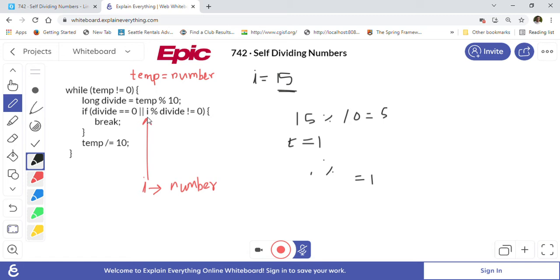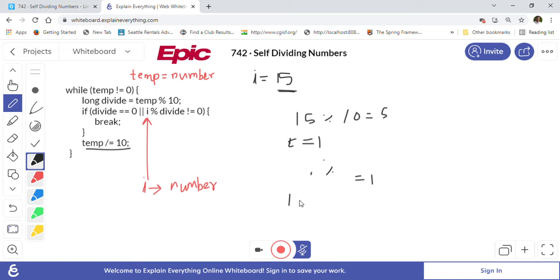So I mod digit, where I is 15, 15 mod 1 is equal to 0. So this condition will not be satisfied, and it will again go here and calculate temp again.